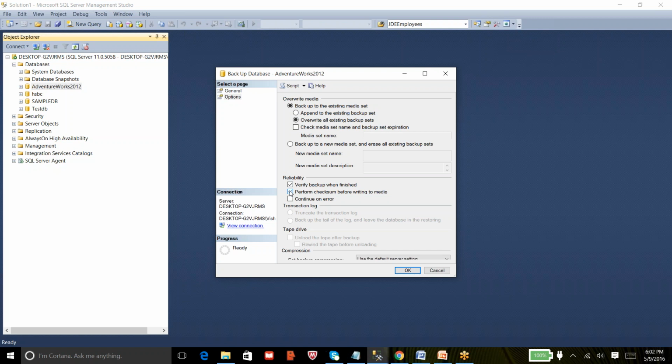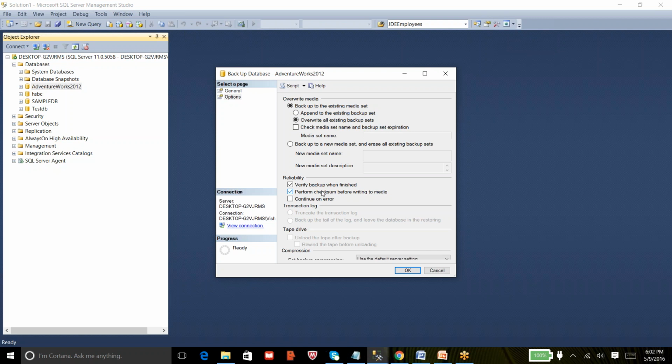And the next is perform checksum before writing to media. The first option, verify backup when finished, means once the backup completes, your SQL Server will check that backup file to see if there are any corruptions. The second option means your SQL Server will check your database before starting the backup, to see if there are any corruptions inside your database.